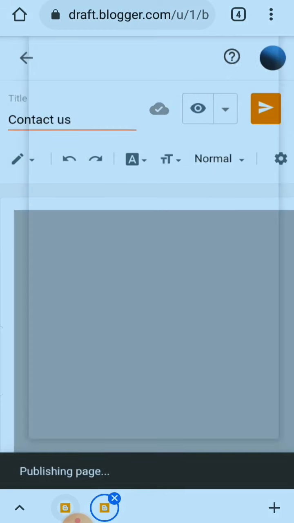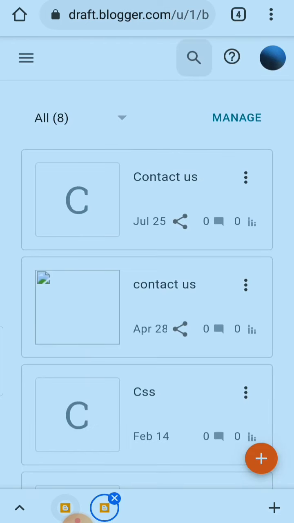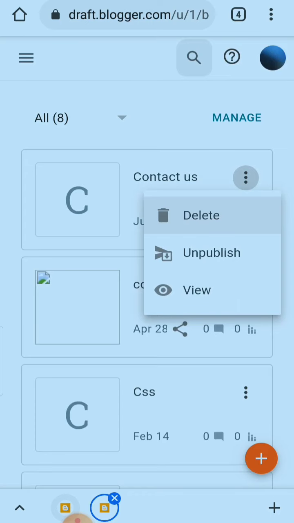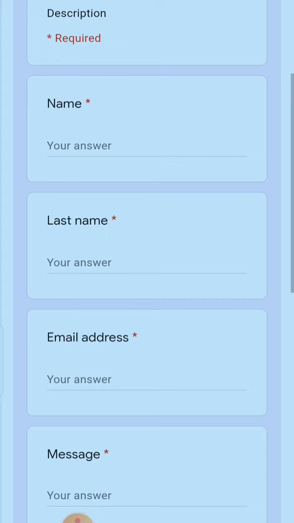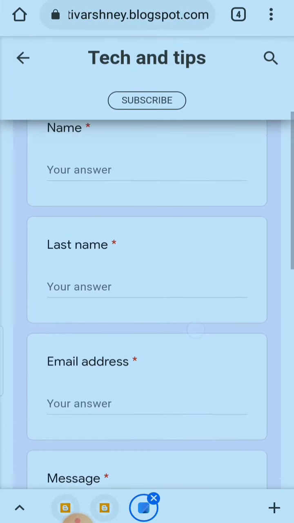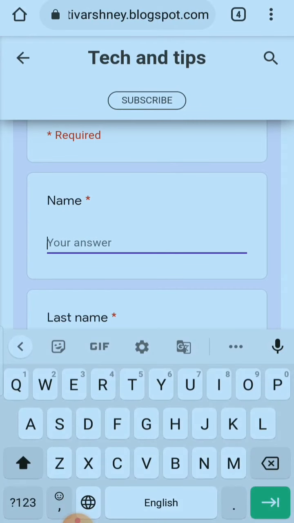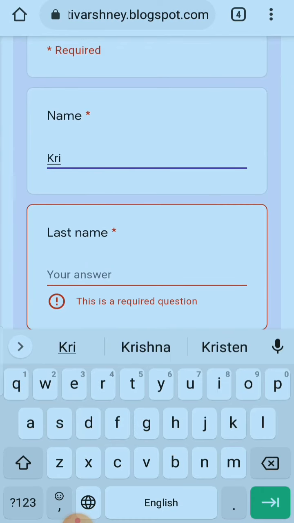Now I am going to view it. This is showing a preview because I have actually watched it on the post. I am going to view it like this, and it will become the original view mode. So this is, guys, what you are watching on the screen. This is the contact form. This is the working contact form, and I am going to contact here just for testing it.